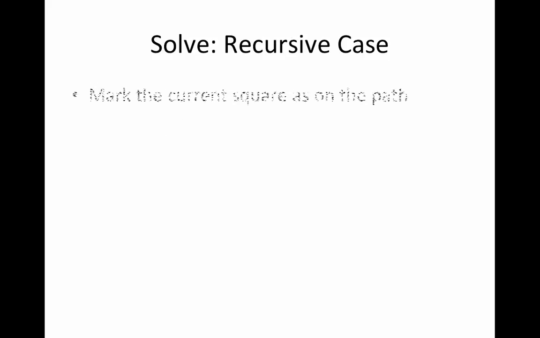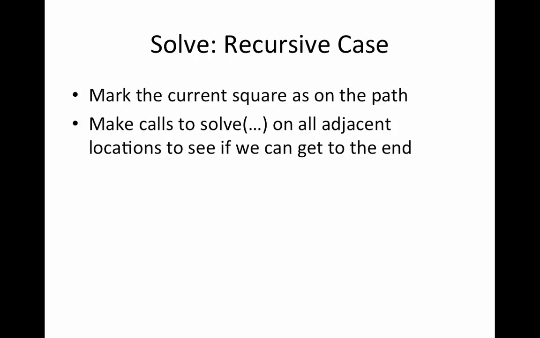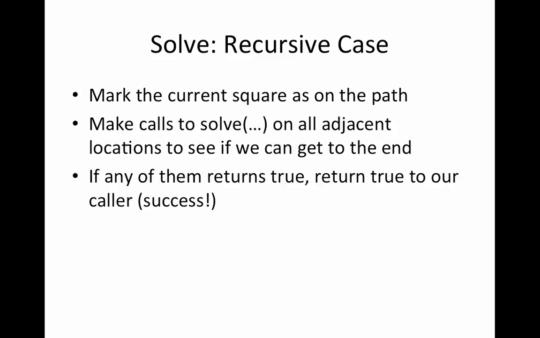What are the recursive cases? We already said that we're going to mark the current square as on the path, as if it is on the path that leads outside of the maze. And then we're going to call recursively solve on all the adjacent locations to see if we can get to the end from any of our neighbors. If any of them returns true, then our recursive method is going to return true to our caller. There was success, we found the end of the maze through this